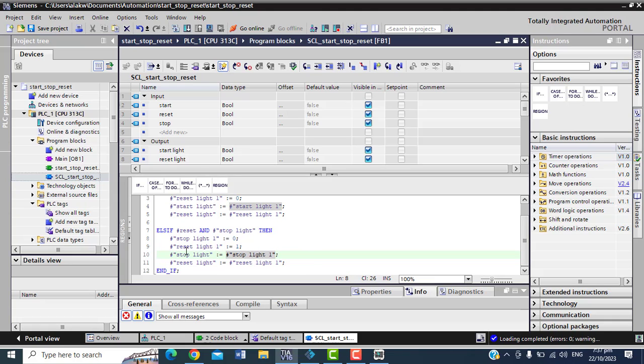You understand? So anytime we press the reset button and the stop light they on, I'm go send 0 to that static variable called stop light 1, and then go send one to the static variable where they call reset light 1, and then make your stop light equal to stop light 1, and your reset light equal to your reset light 1 at this condition, right? So the next thing we go do is remain one, right? So that other one we want do so.